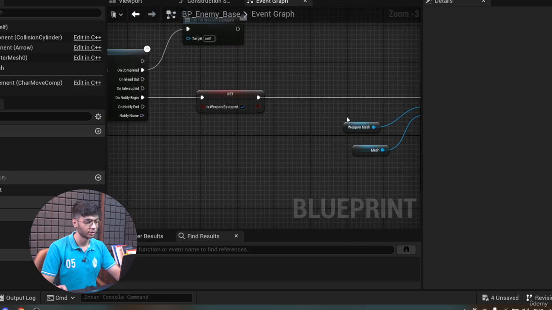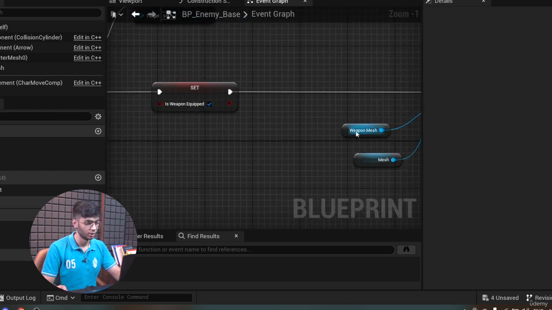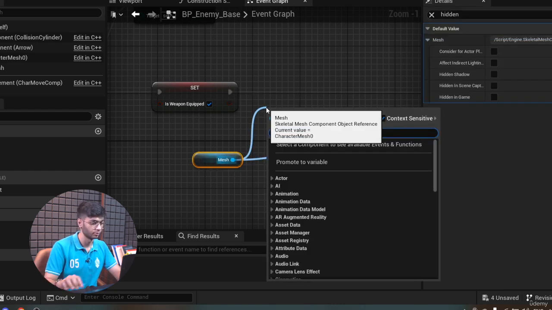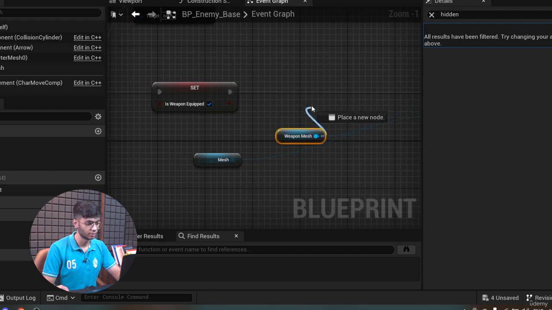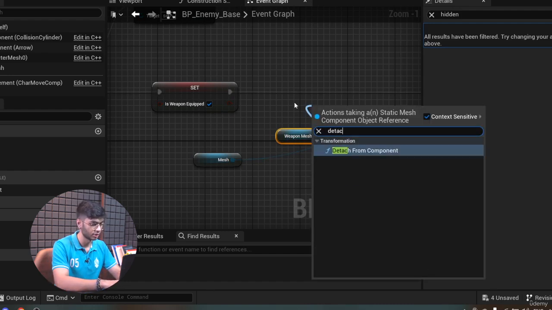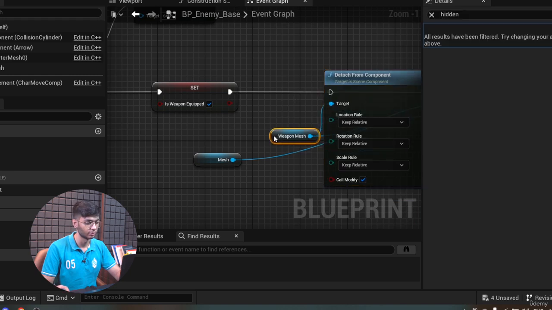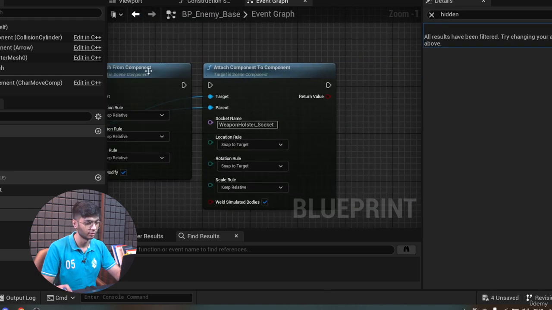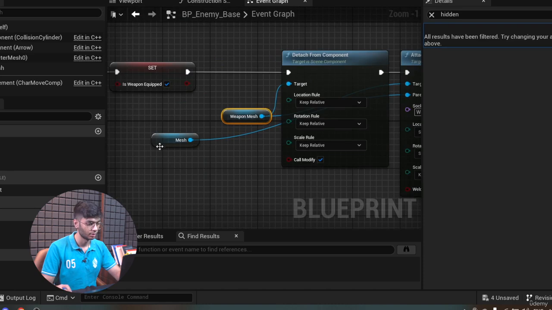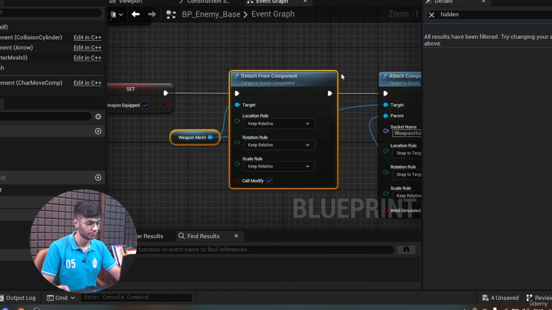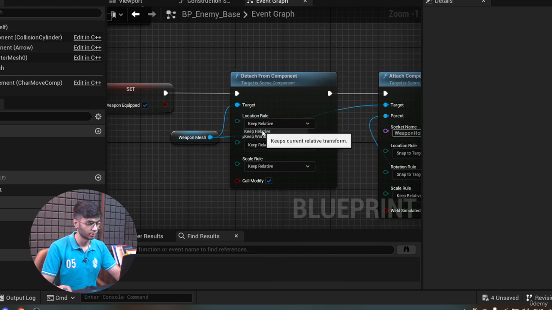One more thing I need to check is whether the weapon is previously attached to some other mesh or not. So what I'm going to do is drag from the weapon mesh and search detach from component. If it is previously attached to any other component, it's going to detach itself from there. So I'm going to do this, and I'm going to set it as keep relative. Alright,